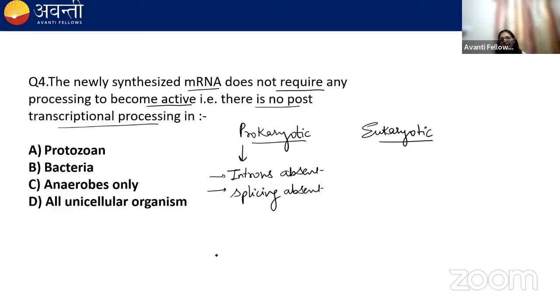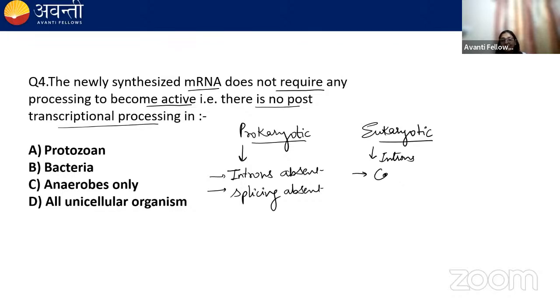Once the mRNA is formed after transcription, that mRNA is functionally active and able to form the protein. It does not require any processing. So prokaryotes are simpler, but eukaryotes are complex, right? They have introns, they have coding and non-coding sequences in the DNA. Once the mRNA is formed in eukaryotes, it undergoes processing, and we call it post-transcriptional processing